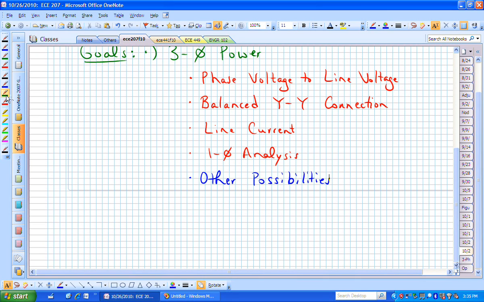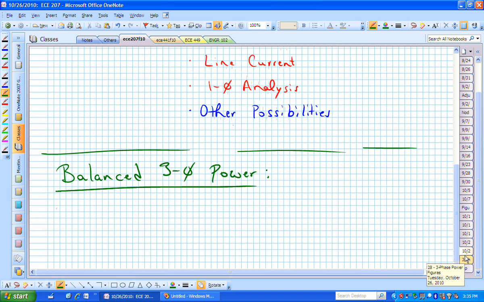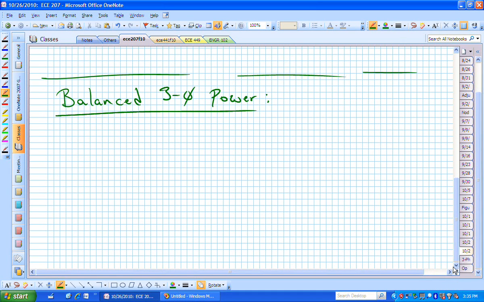Let's look at this three-phase voltage, or I should say balanced three-phase power system. In this class, we're really concentrating on a set of loads that are balanced, that are three phases, and a set of sources and the interconnection. And we'll talk about the different possible interconnection structures today. We've been concentrating so far